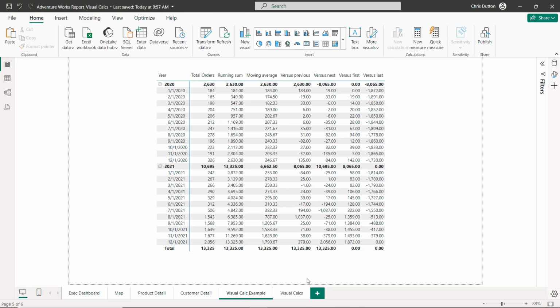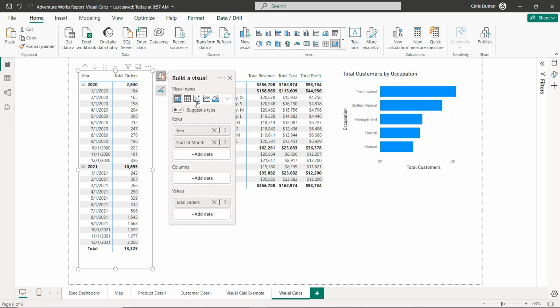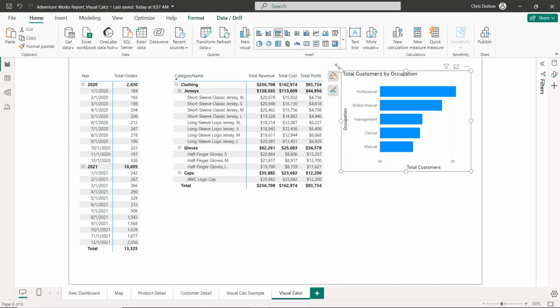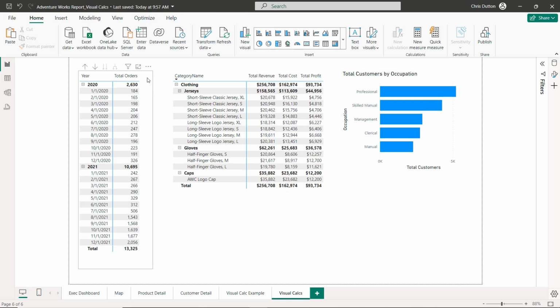Now, if you'd like to follow along, I've added a new tab here called Visual Calcs with 3 different visuals on the canvas. We've got a matrix showing year and start of month with our total orders measure on values. Got a second matrix, which is showing the category name, subcategory name, and product with total revenue, cost, and profit measures. And finally, we've got a bar chart here, which is showing data broken down by occupation with total customers here on the x-axis. And we'll start with our total orders matrix here because time intelligence is one area where